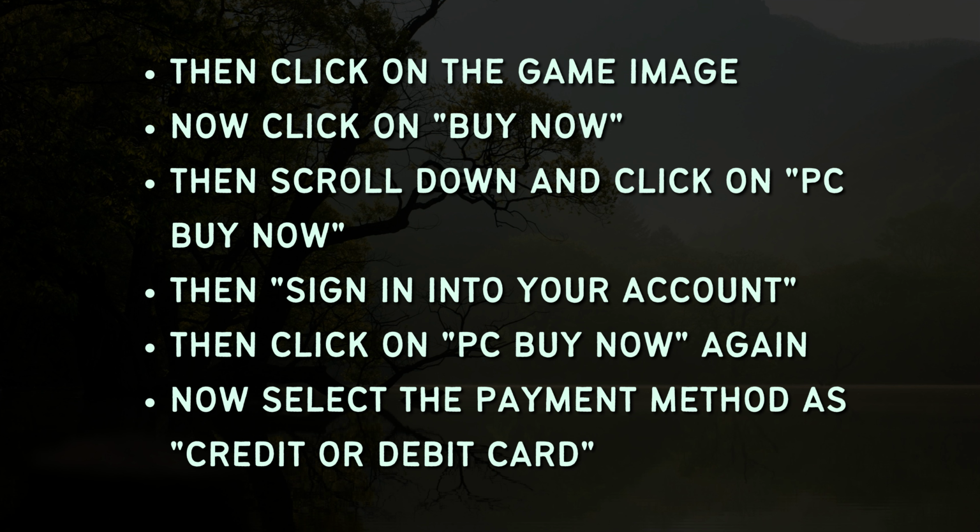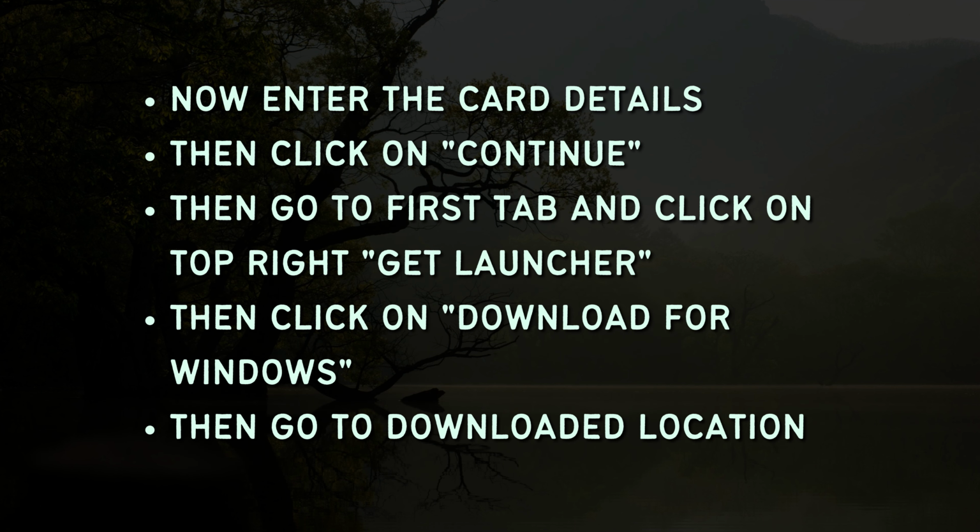Then sign in to your account. Then click on PC buy now again. Now select the payment method as credit or debit card. Now enter the card details, then click on continue, then go to the first tab and click on the top right get